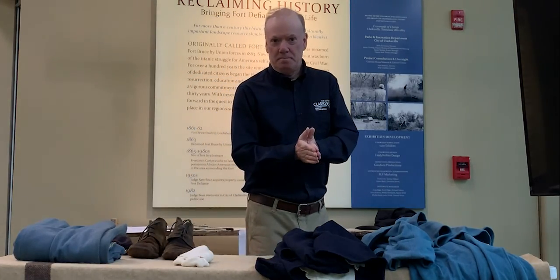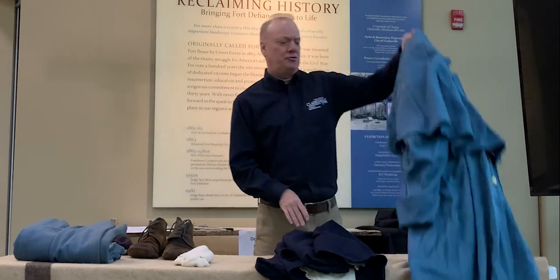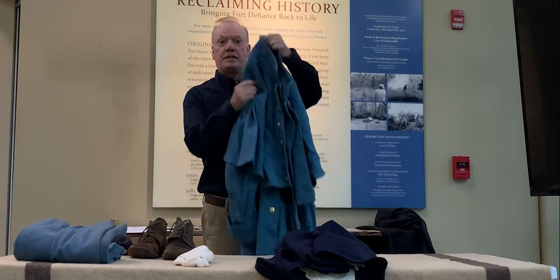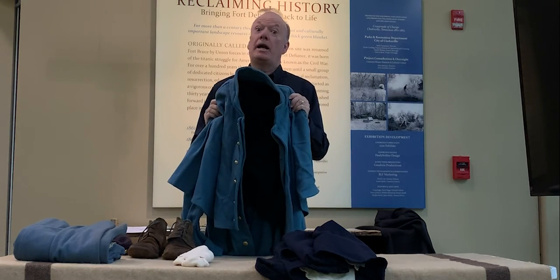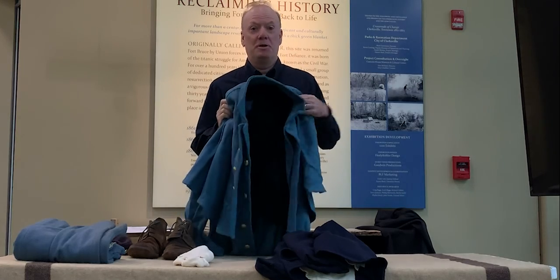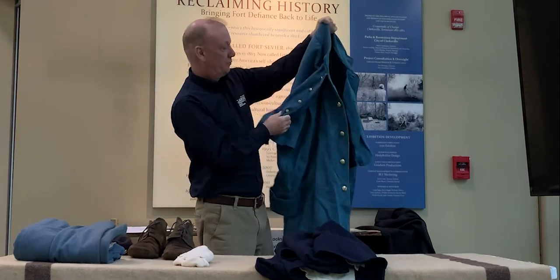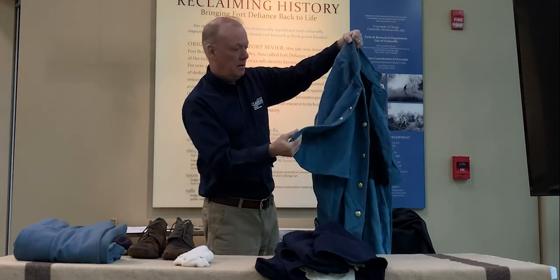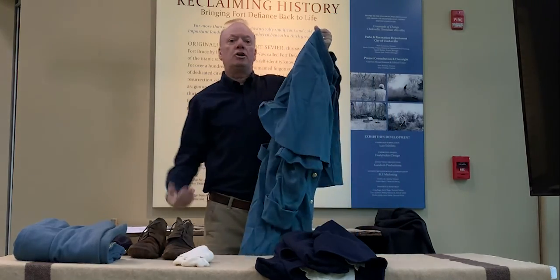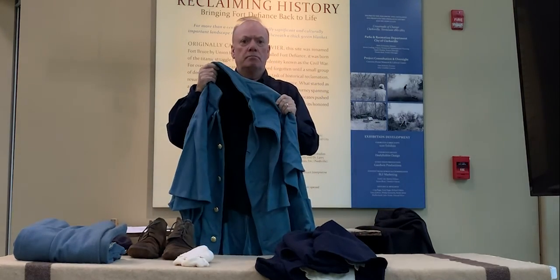Last item I want to talk about, and once again, I was doing research on this last night, and I found this very interesting here. This is the greatcoat, or overcoat, sky blue also, made out of wool. But this is the time here where you want this thing to be worn. It's got a 5-button front on it. It's got a cape on the outside with 6 buttons on it. The cape just provided extra warmth over your shoulder. It comes down to about the knees. Very, very heavy, very warm,